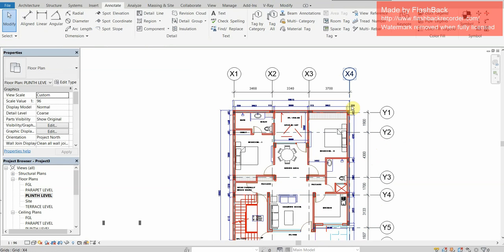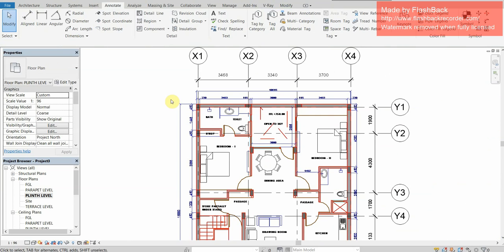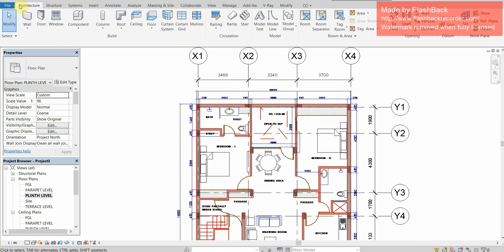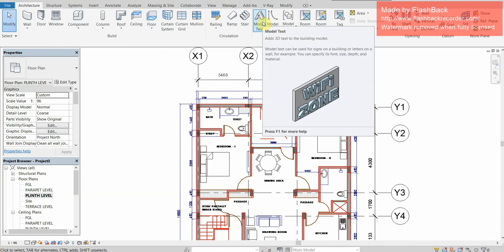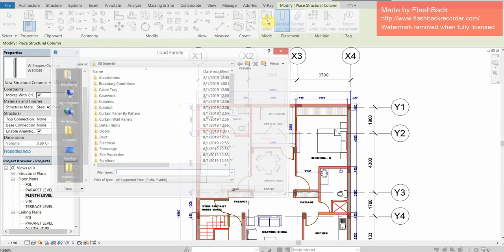Now the first element of the project will be putting columns. Agree? So what we are going to do is go to the architecture tab, and go for structural columns. In the architectural tab we are going to opt for column. This is by default the column which is loaded. In order to load an RCC column, we are going to opt for load family,